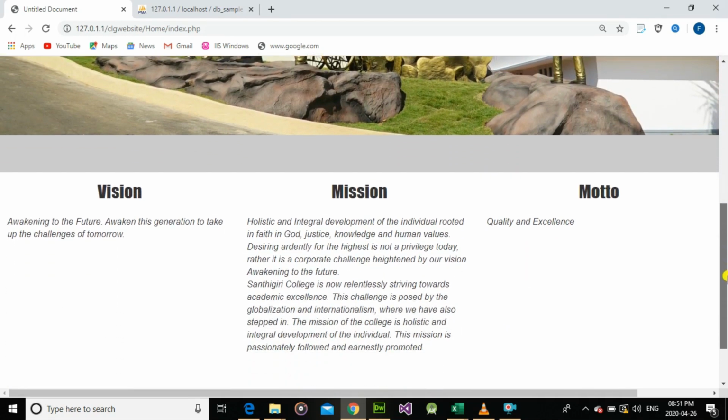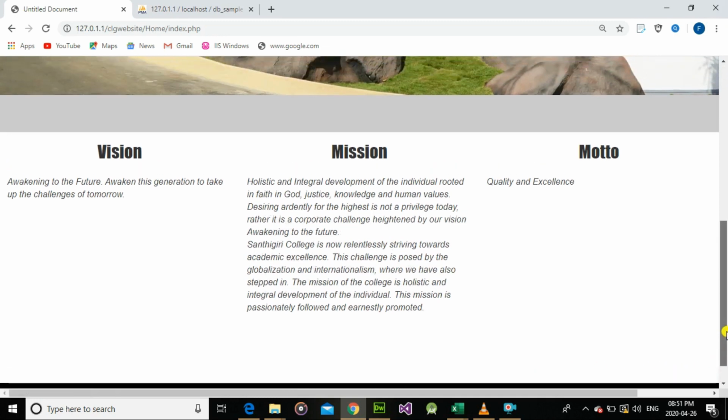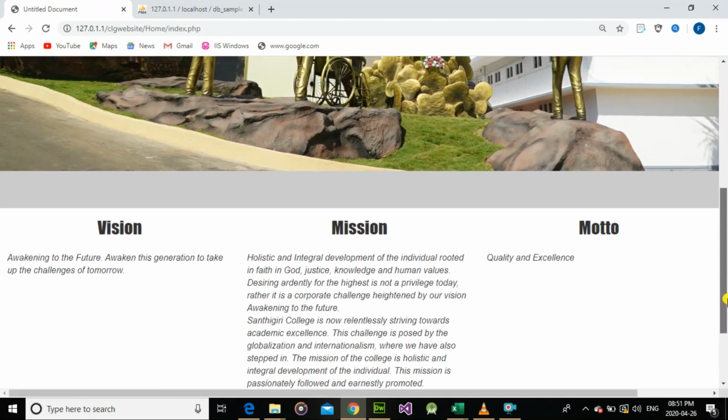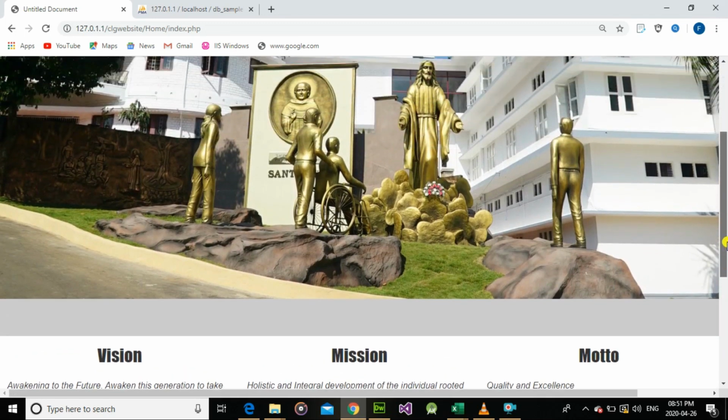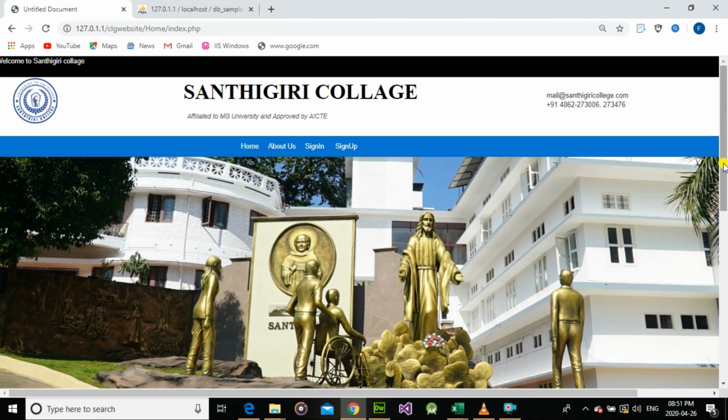Then we see the footer of this website. The footer contains the copyright options and admin login. These are the homepage contents: the header, followed by the banner image, then some contents and the footer.